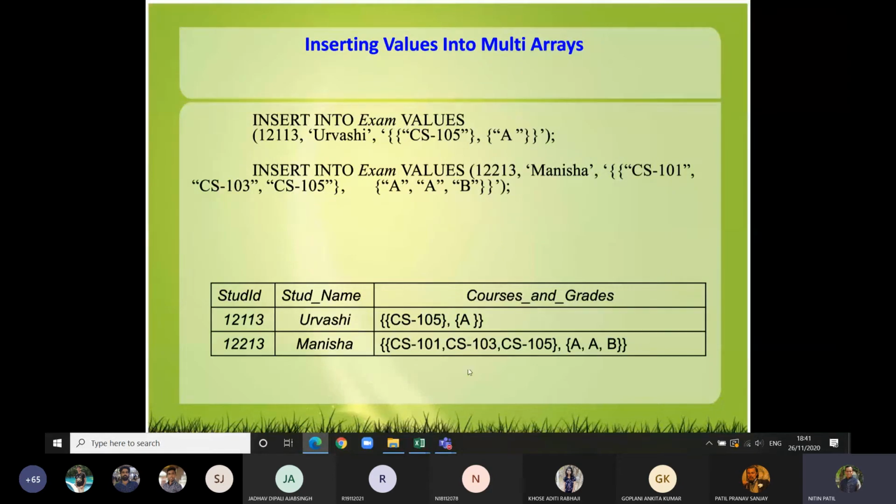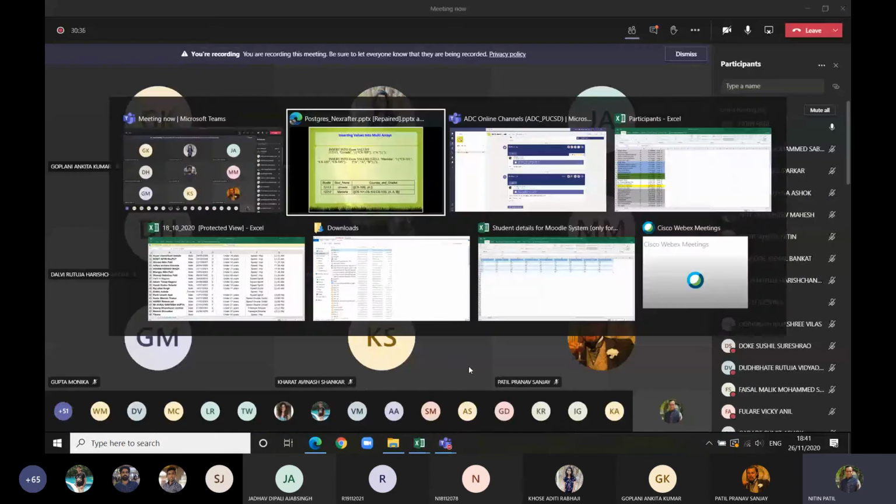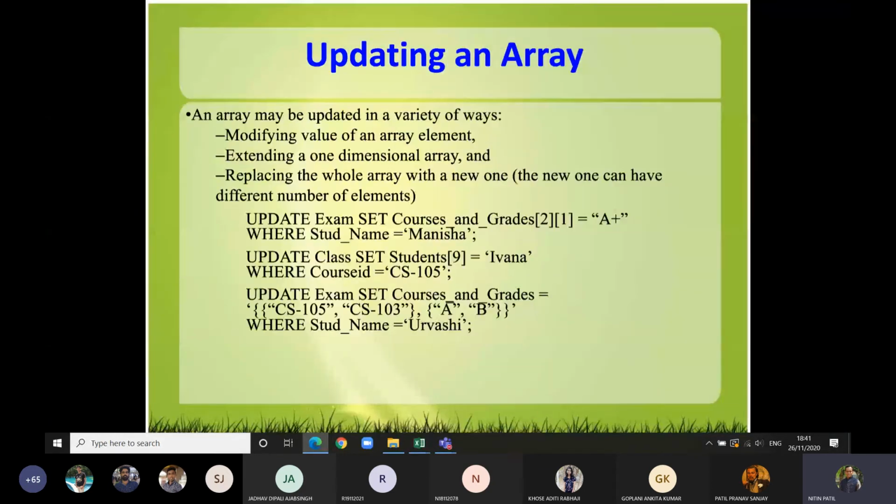Okay, if you insert multiple arrays, then here it is going to manipulate. So the course code would be where the update would be appropriately applied. Fine. So try this one. Okay, take a screenshot of this query as well. The grade would be automatically manipulated for Manisha because we are talking about the second index, the second curly bracket, and first entry. Fine.